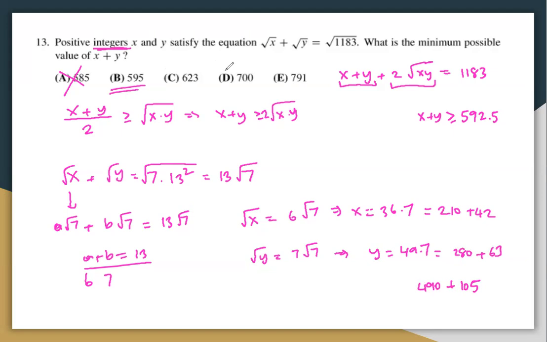So the goal is, as soon as we realize choice A is not possible, and since we are dealing with integers, we just need to find a reasonable way to get what is achievable. That's what I tried right here. When I tried 6 and 7, that gave me that one. And if you are wondering how I know there is no